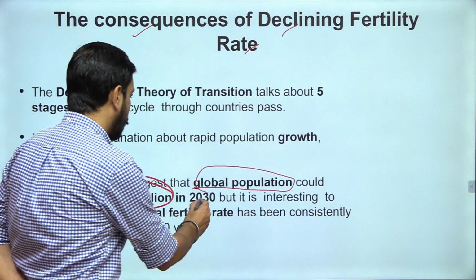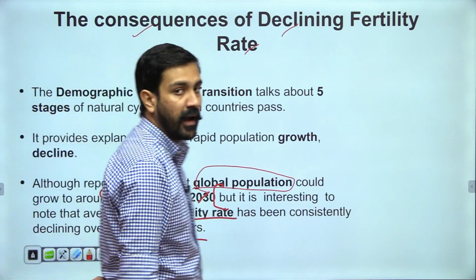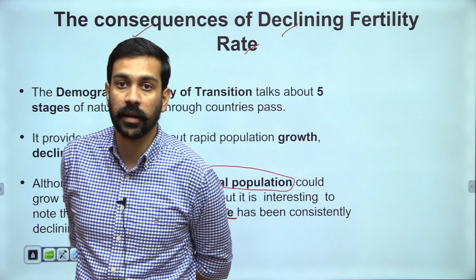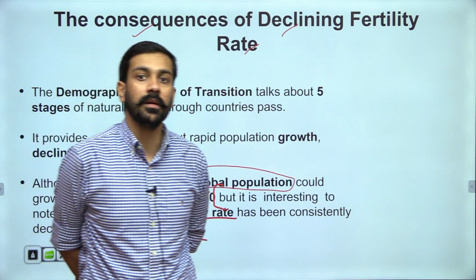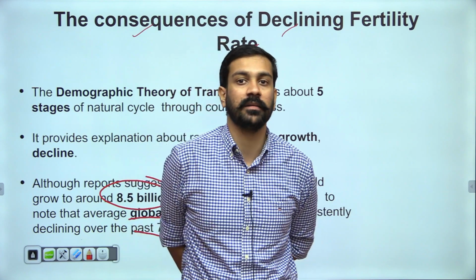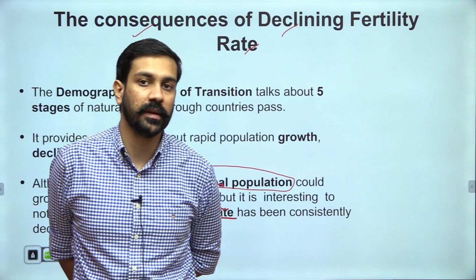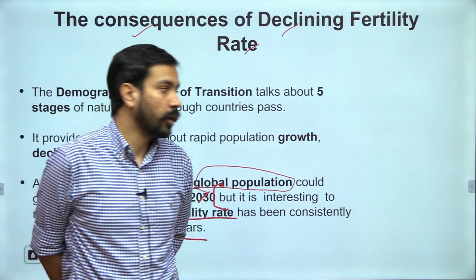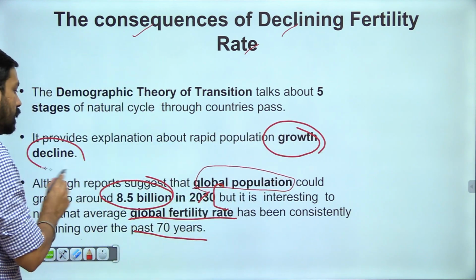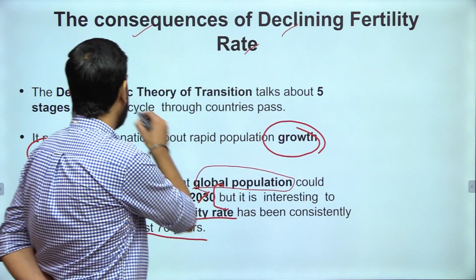But what is interesting to note is that the global fertility rates have been declining over the past 70 years. While the population is steadily increasing, the fertility rates have been declining after the World War II, we can say that. To understand the rapid growth as well as decline in the population rates, we need to discuss the demographic theory of transition,